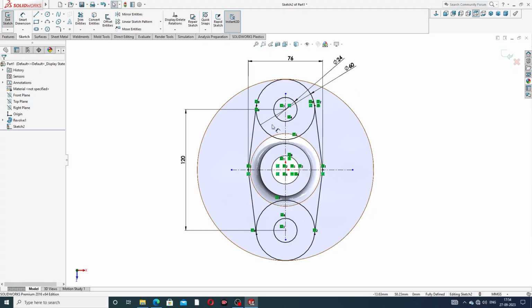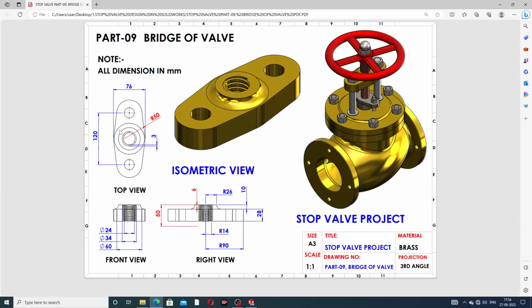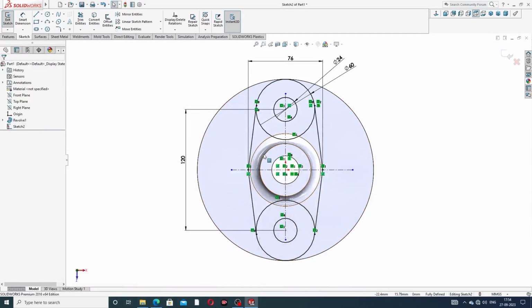All is black color, which means this is fully defined, and all of these are tangent lines. Okay, all is correct, and this geometry is perfect. This is 120 millimeter and 76 millimeter, and this is drawing a circle, 60 millimeter diameter and 24 millimeter diameter, and then use this 34 millimeter for the last one, or use it for the thread,